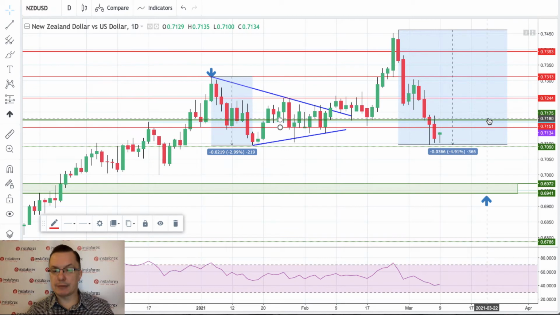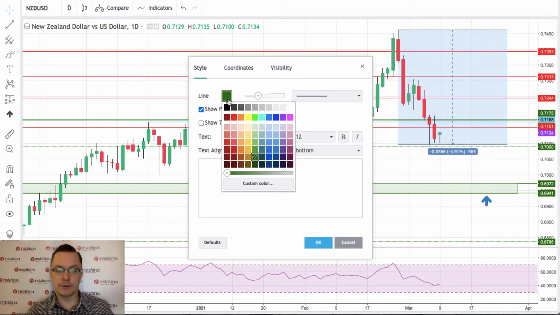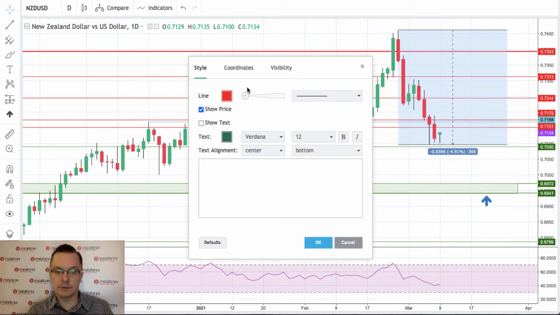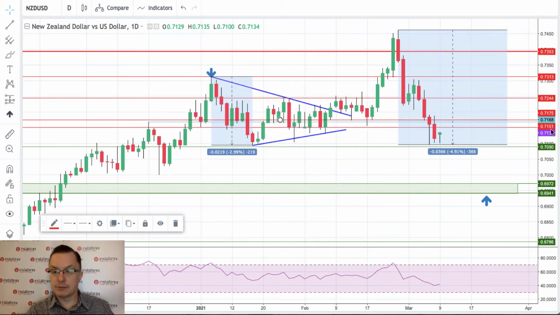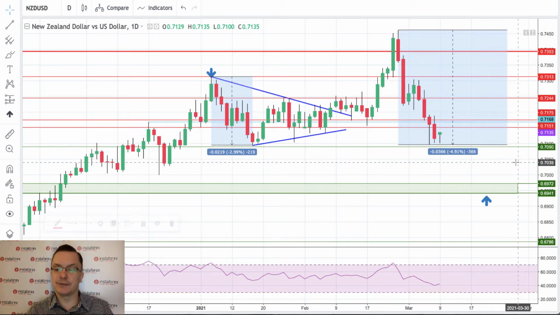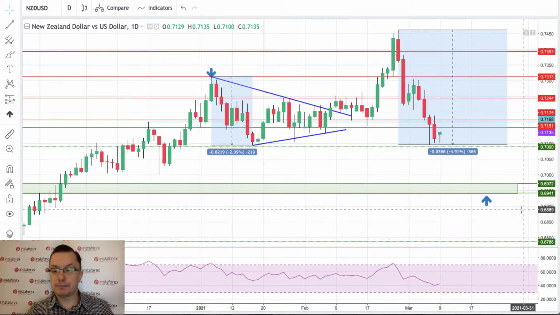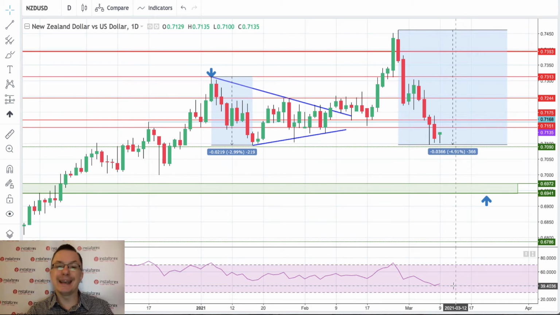example of the Australian dollar, right now I'm changing the colors to red, because the levels of 0.7151 and 0.7175 are now technical resistance for the price. The key technical support, on the other hand, is seen at 0.6941 and 0.6972, and it might be hit very, very soon, because we are under 40 points on the RSI. So there is still room to go down on the RSI towards the level of 30, room to go down